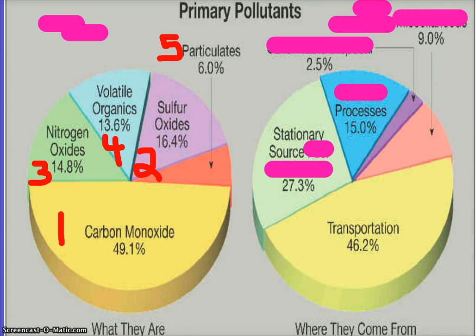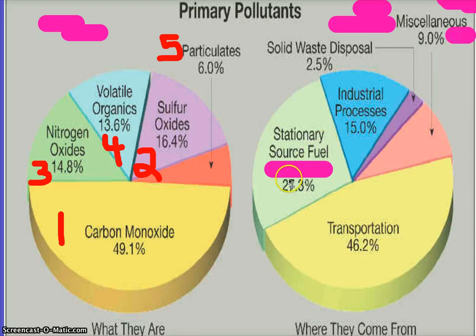What else? Biomass burning. Any kind of organic burning, which is not here. Let's just say miscellaneous. Solid waste can go there too because it could kind of decompose in a sense. Industry is another one, and then fuel combustion. Notice how they put it separate from cars, because cars emit pollutants that are not just related to the burning of fossil fuels. So burning of fossil fuels gets its own category.